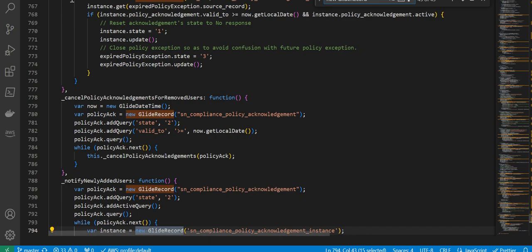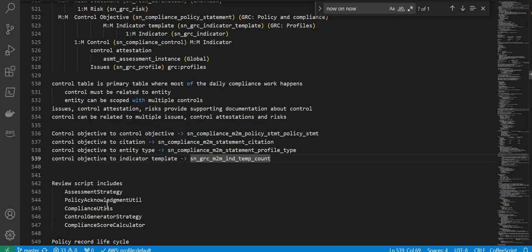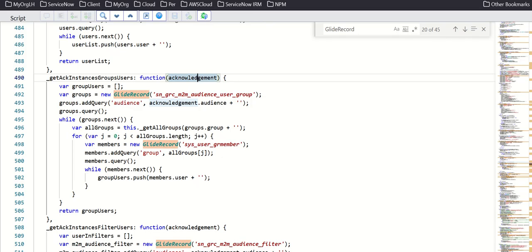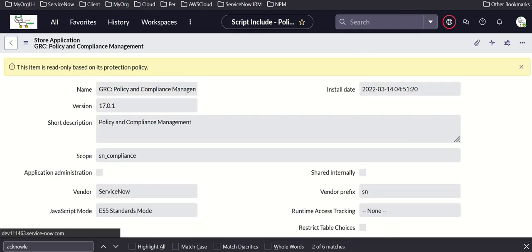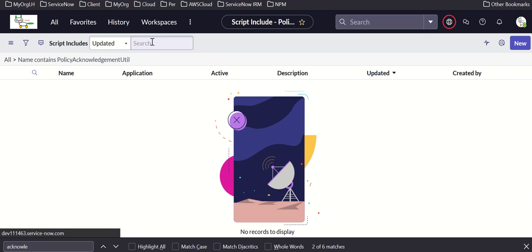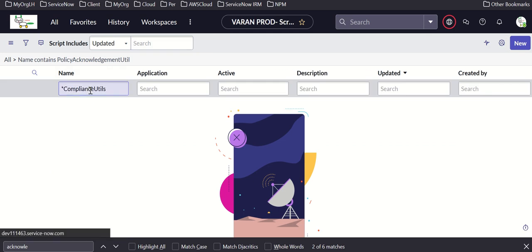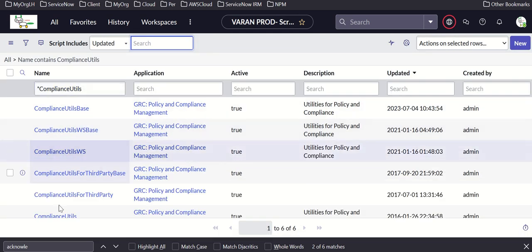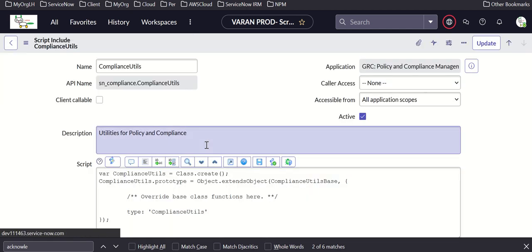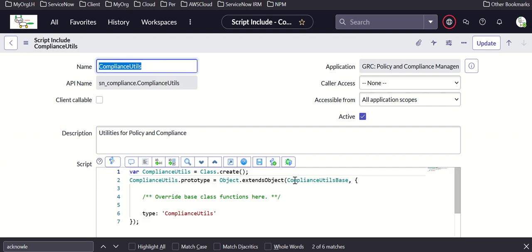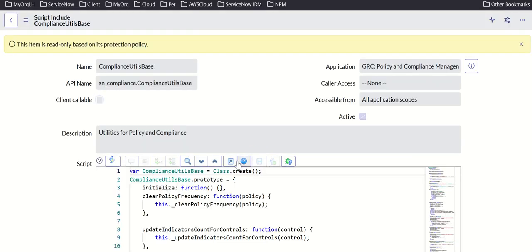Next one is compliance utils. So let's look at that. Same here, compliance utils is the child class or the child script include, and it extends the base script include. Yeah, this is this one here. As we open the definition, you can see here that